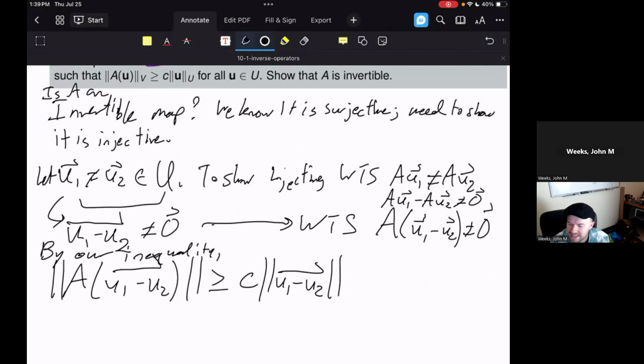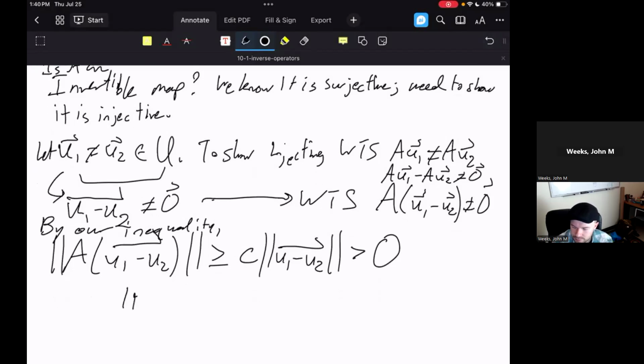That the norm of A times the vector U1 minus U2 is greater than C times the norm of U1 minus U2. What I know about U1 minus U2 is that this is not equal to 0. What that means to me is that this norm is not equal to 0, which means it has to be greater than 0. Putting this together with this tells me that the norm of A(U1 minus U2) is strictly